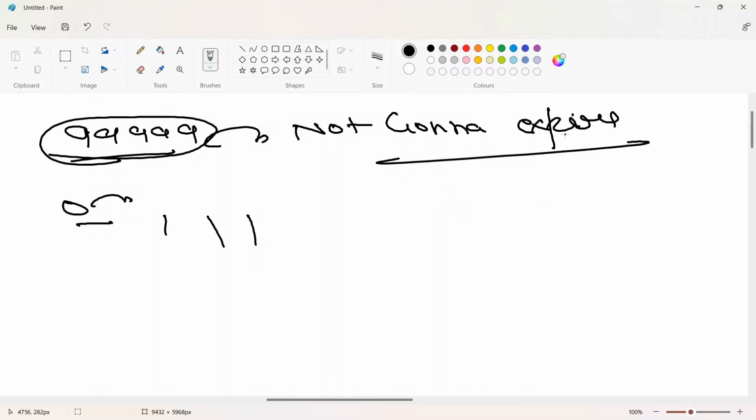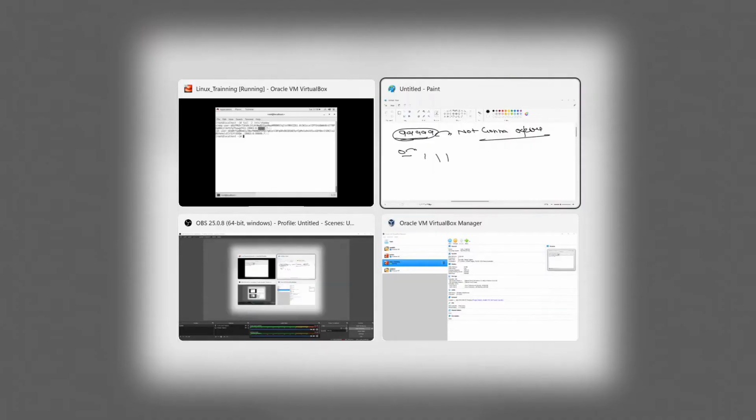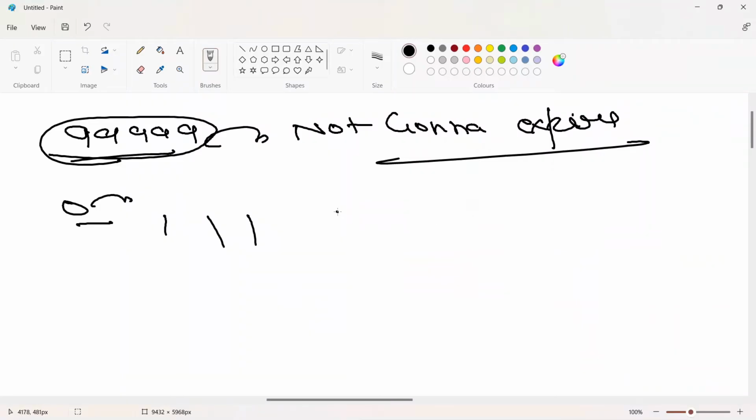After that we have warning, then we discussed that there are again the days with respect to the epoch time, that is 7. See, it's written 7 here. So 7 means not with the epoch time, it's normally days. Warning period is only days, 7 days. Before 7 days of your password expiring, you will get a notification from your system that your password is going to expire. Quickly we are going to see the demo of this, but the last fields I want to tell you about are